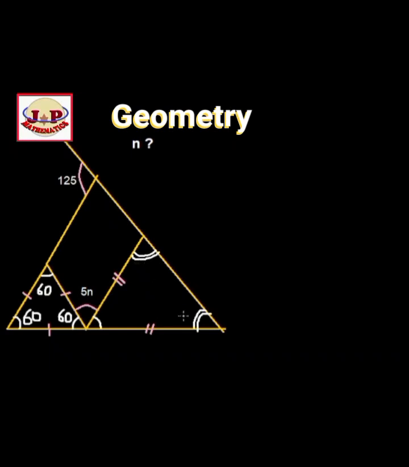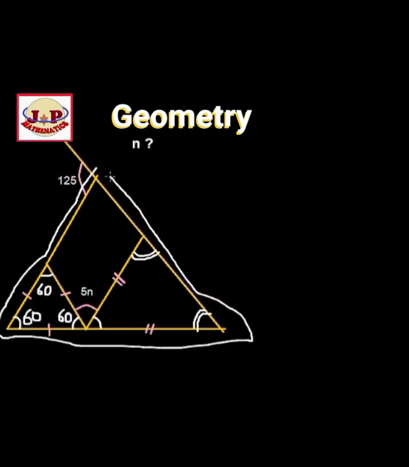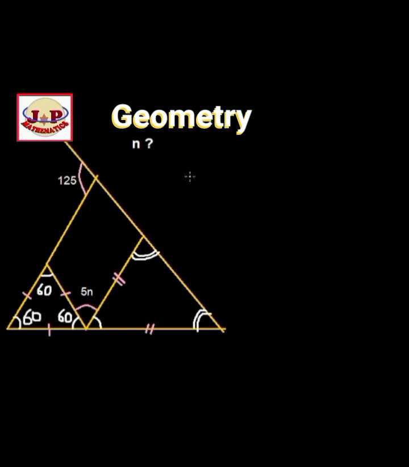All right, so for us to calculate this angle here, the angle that should be here, we must first of all consider this big triangle. This big triangle as a whole. We consider this as a triangle, yes, because it is a triangle. Now, considering this triangle, we look at this